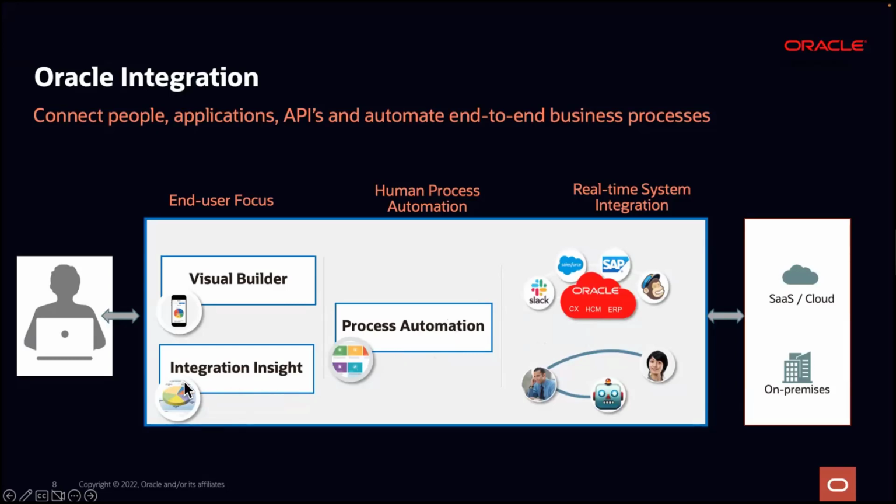So within Integration Insight, you can define certain milestones and tie those milestones into your processes and integrations. When an integration completes or is executing throughout its flow, it would update the milestone,